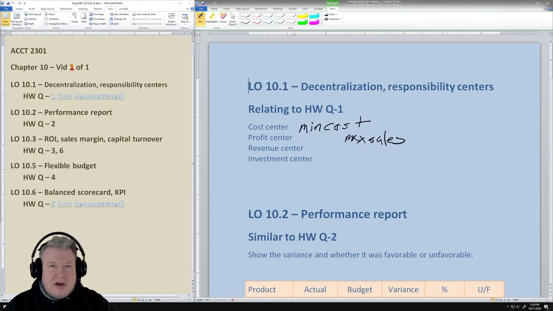A revenue center is kind of a combined object. So perhaps overseas, or perhaps you've set up your company to where it's regional. So maybe the West region has both a factory and storefronts, and the headquarters may want to track both their costs and their profits. So they may be tasked with making things and selling them, so minimizing costs and maximizing sales. So that would be a revenue center. That would be looking at both of these.